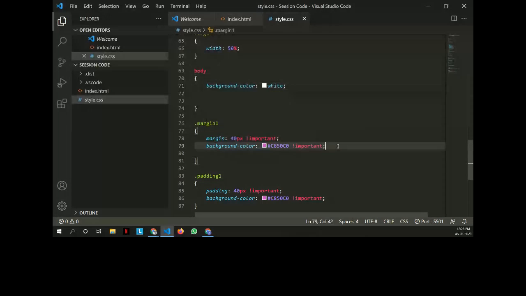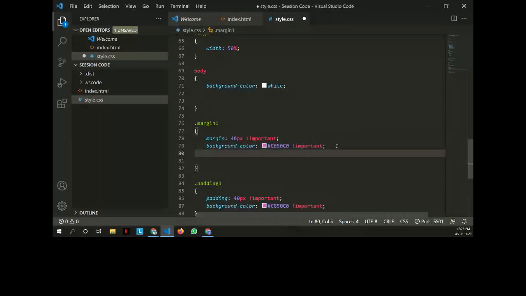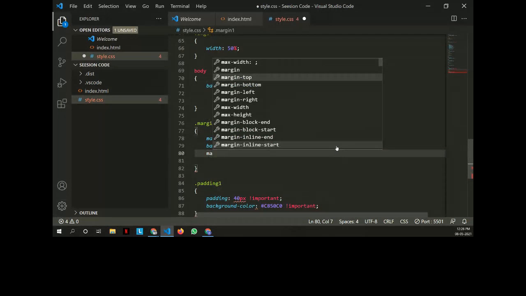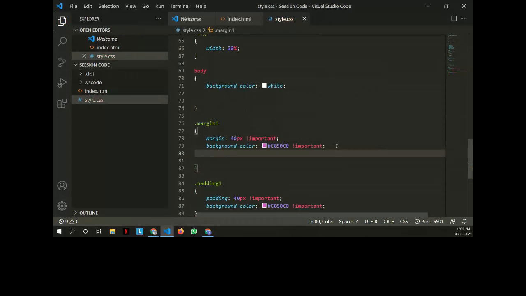It's not like you can only add it to all sides. If you want to add a specific margin to the left or right, whatever direction you want, we have margin top, margin bottom, left and right. So margin is basically adding space towards the outside. The element does not get affected, but space is added outside the element. It's like a cover to the element.